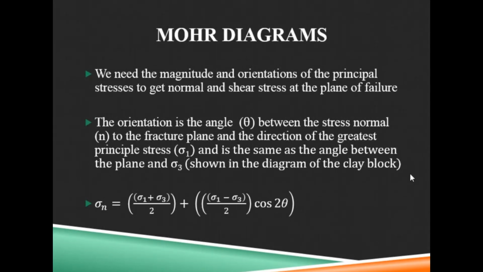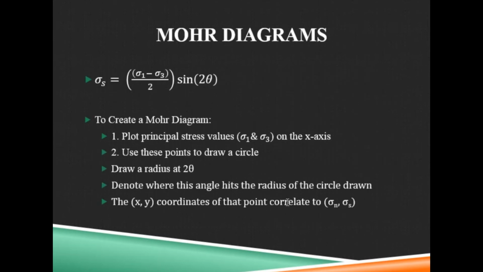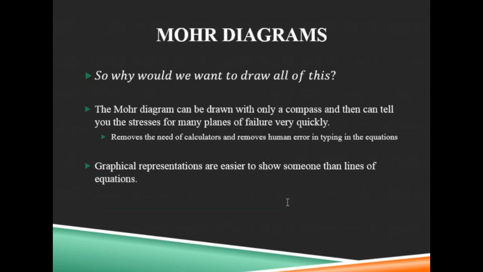So if you don't have any graph paper and compass and protractor, but you do have a calculator, you can still get sigma n. This equation right here. Sure, if you don't have a protractor, you're going to have to eyeball that fracture angle because you do need a theta. But other than that, no graph paper, no compass, and you can get your answer. Same for the shear stress. But the Moore diagram is easier, in my opinion,